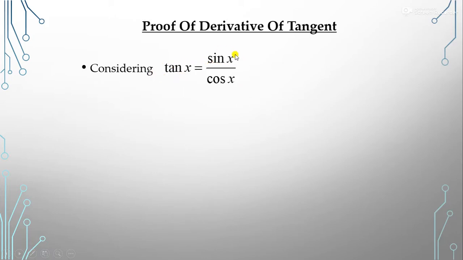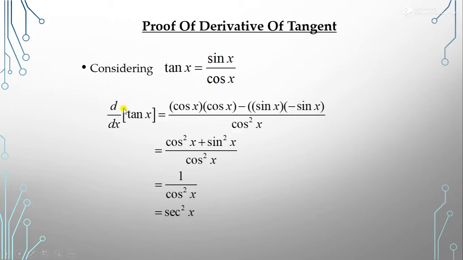Because you see here sin x is one function and cos x is another function, so we can use our quotient rule to find the derivative of this, right? So when you see here cosec x square, what is the quotient rule? The denominator is squared, so cos square x, and in the numerator cos x as it is, times the differentiation of the numerator.